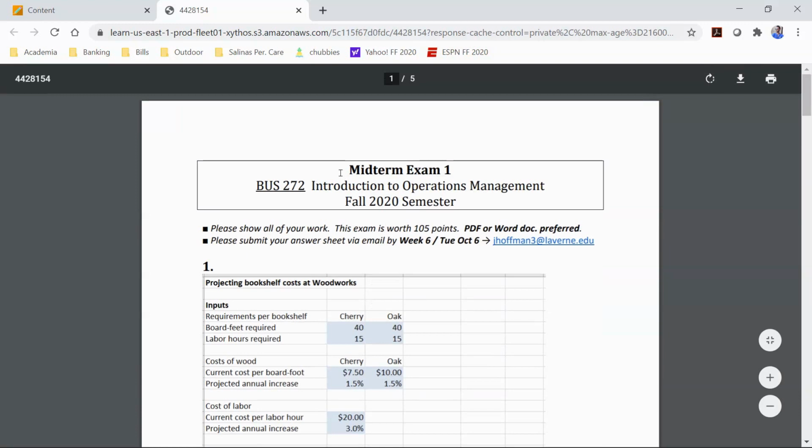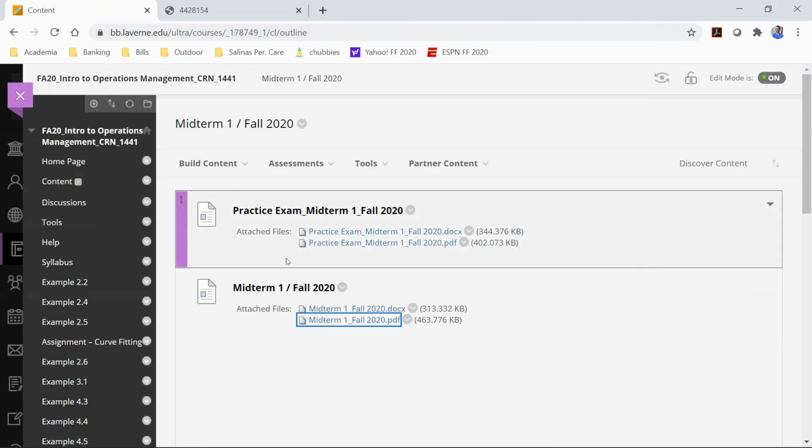Questions about the exam? Okay, so again, here's your midterm. The PDF and the Word document are the exact same thing, so work with whichever one you want, and make sure you email it. You don't have to wait till next Tuesday. If you're done with it sooner, you can email it to me. So that's due in a week. It seems like everyone should be okay doing it because we just went through some practice problems.